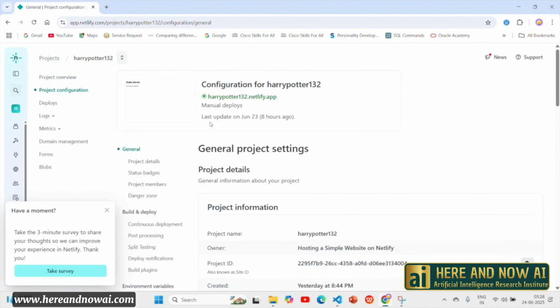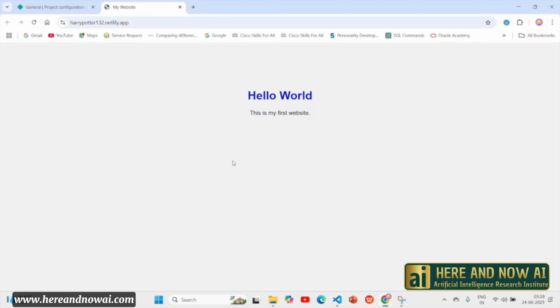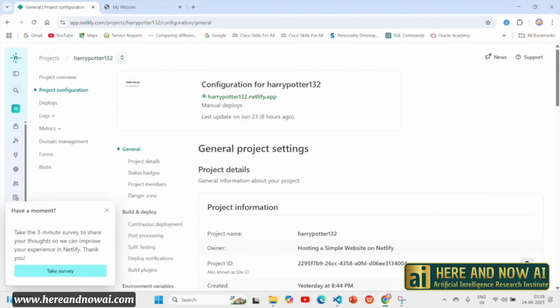So now my folder has been uploaded successfully, and now I am opening my project, entering into it, and here I am selecting the green colored link to get into my website. So here this is my output, as it shows hello world in a colored theme. Now that is obtained after the HTML and CSS code.